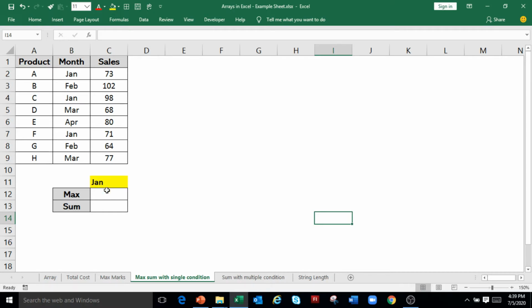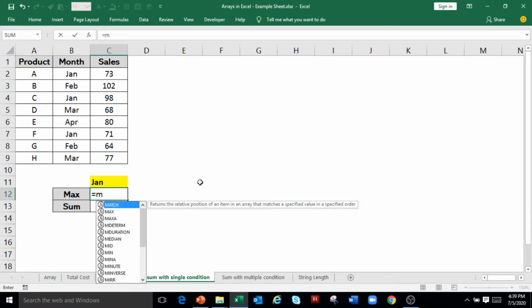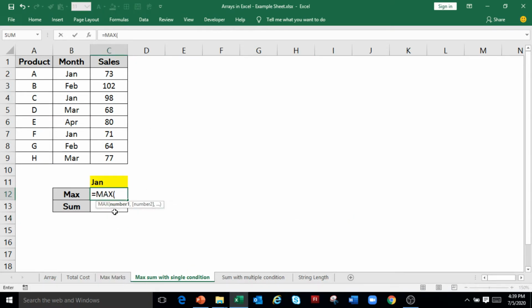Now in our example, to get the maximum sale in January month, type equals to MAX, open bracket. For condition, we will use IF statement. So type IF, open bracket. The condition is that month should be January.